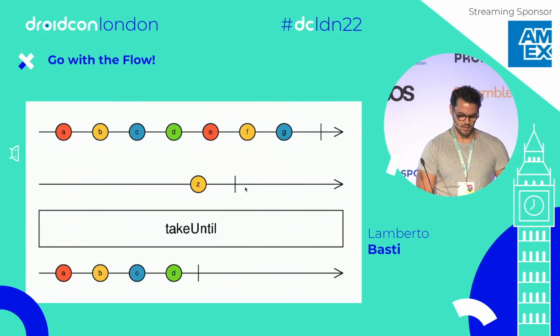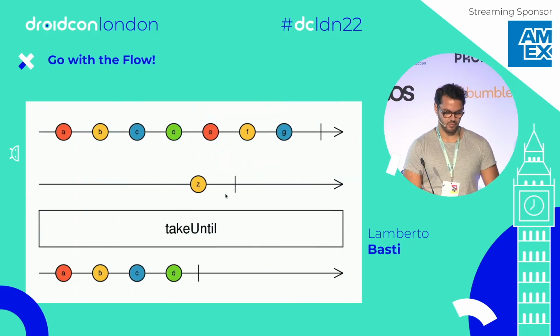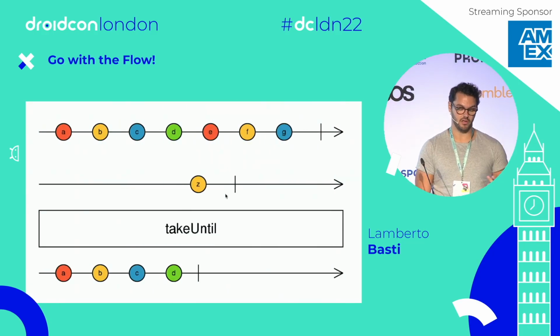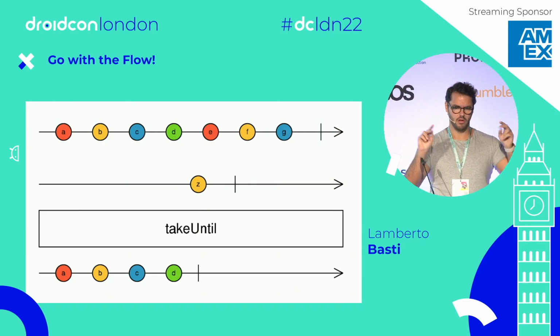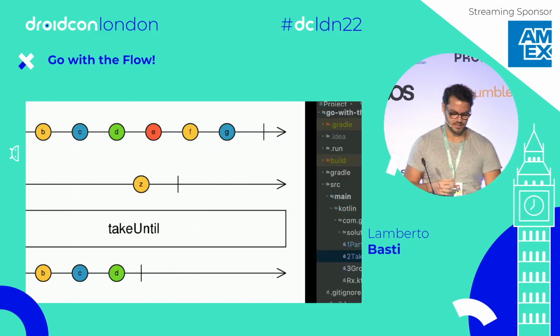Now, if we look at this image for a second, we see that we have two flows here. One, the upstream, and another flow that we receive, which means that some other coroutine needs to watch the upstream flow and pass it down, and another needs to watch the other flow, the stopping flow, all right? So we need two, let's say, actors that do different stuff. Now,